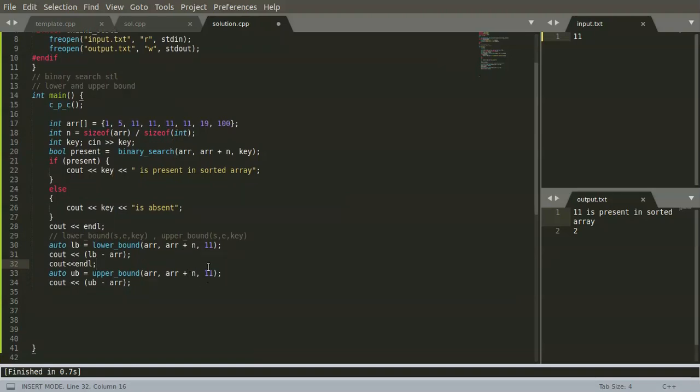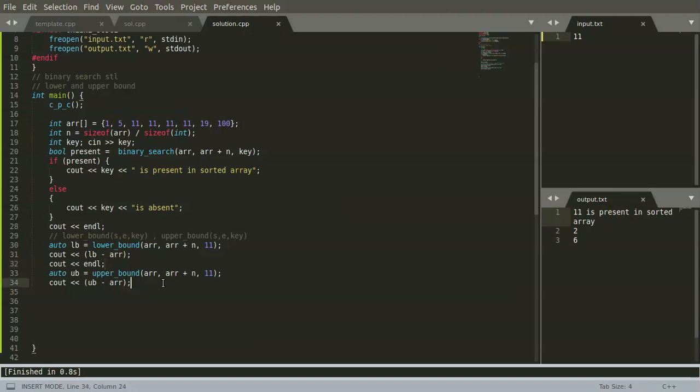The upper bound of 11 should be the index of 19, that is 0 1 2 3 4 5 6, so we are expecting that the upper bound of 11 should be 7. Let's see what we are getting. So 0 1 2 3 4 5 6. It is right, we are getting what we expected.